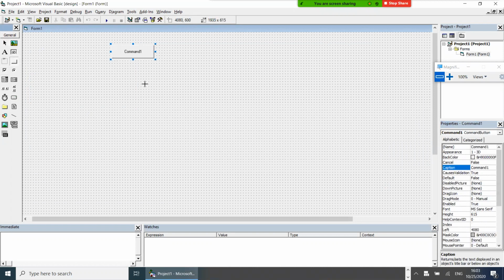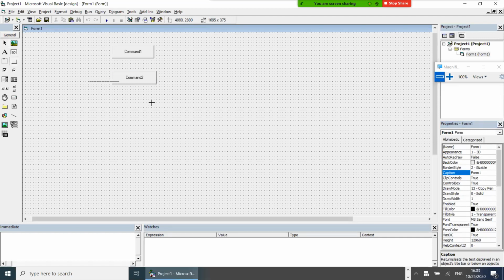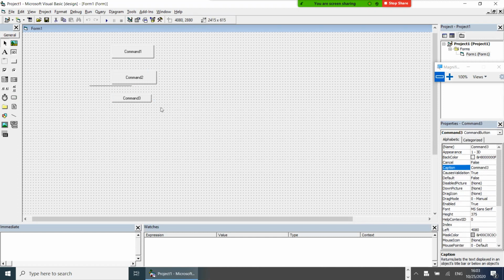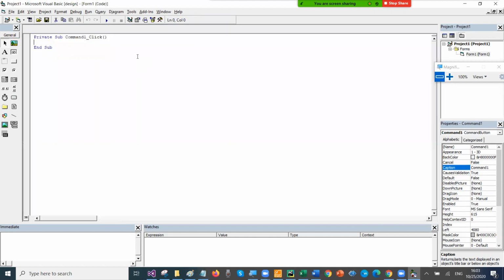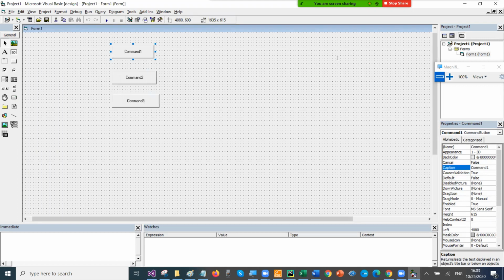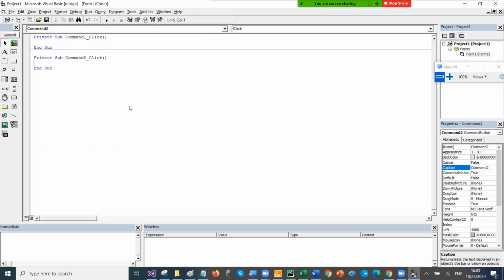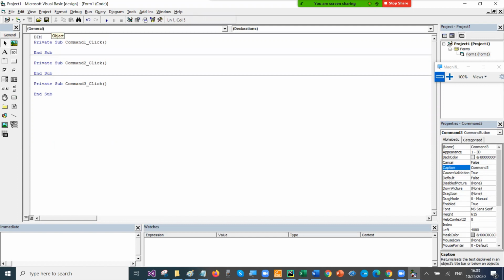I'm making three different buttons, suppose. Using the first variable, if I come back here, command 1, click on command 2, then go back and click on command 3, suppose. So these are the three programs for three buttons. If I go on the top and define a variable here, dim a, suppose, as integer.